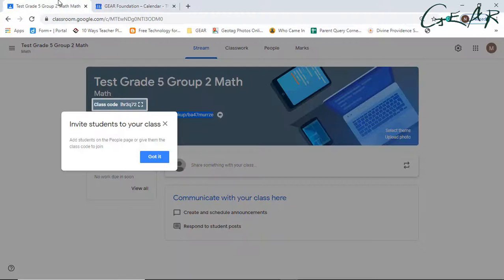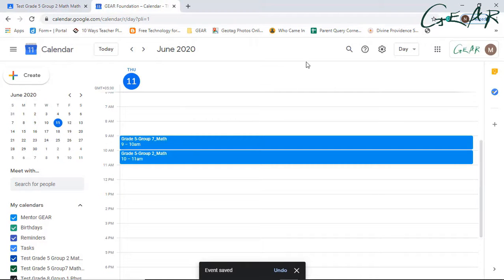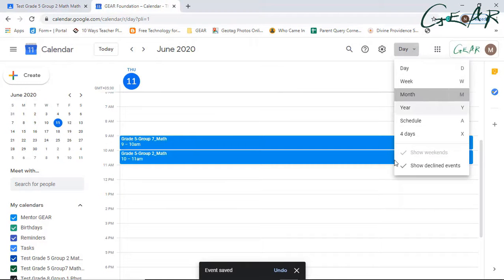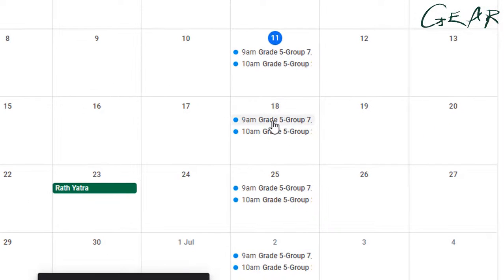You have 2 sessions here, and if you check it monthly, you'll see the 2 sessions. So what is happening? You are setting up a timetable. Suppose you have 4 sessions a day, all will come here, and that will be repeated every week. So Thursday's timetable for the future is fixed. In the same way you will do it for Friday, Monday, Tuesday, Wednesday. So you start from Monday, Tuesday, Wednesday, Thursday, Friday, and your timetable will be fixed.